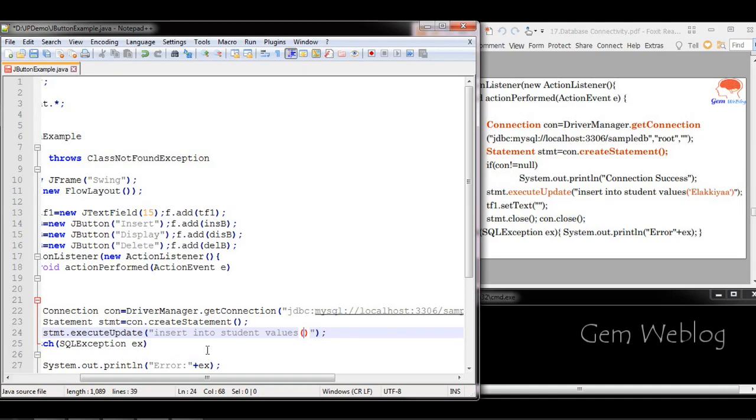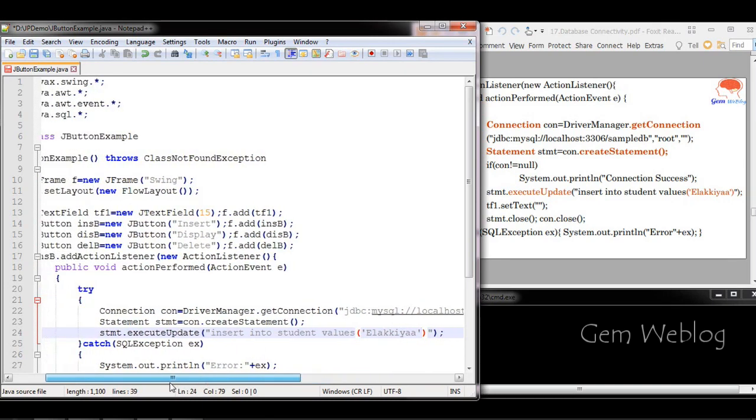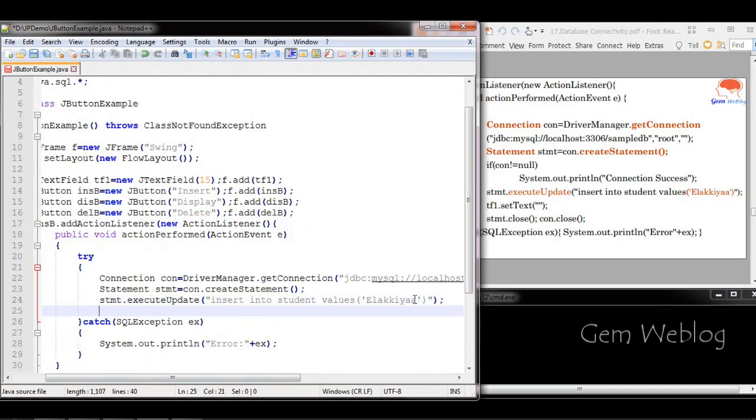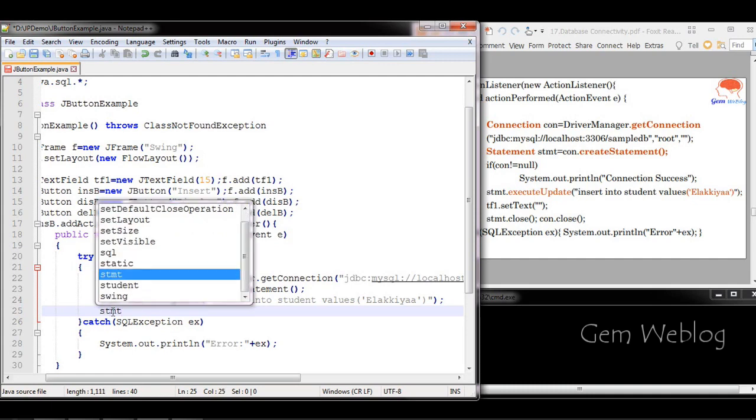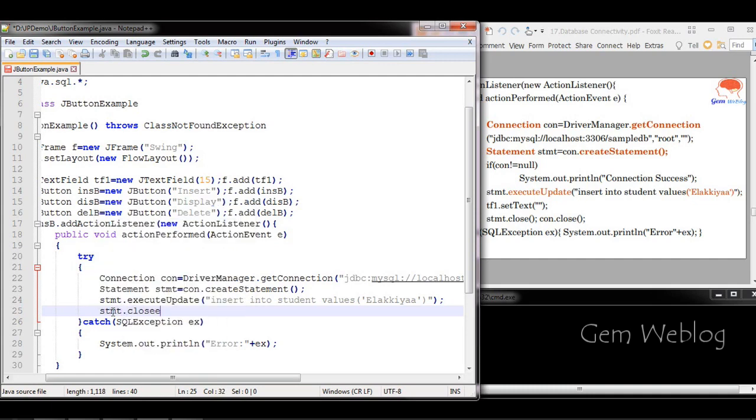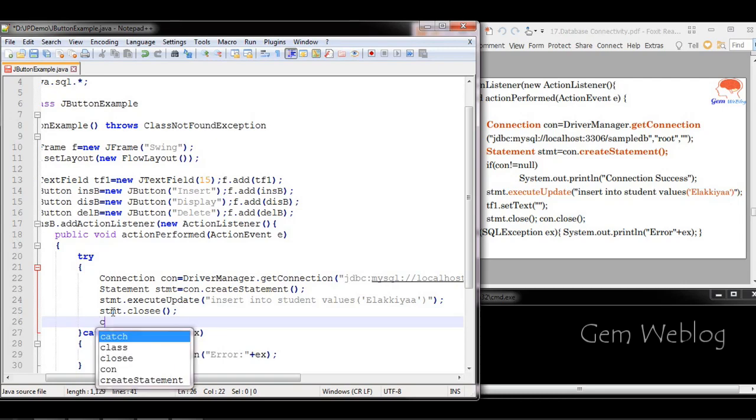If it is an integer, you give it directly. If it is a single character or string, you have to provide it within single quotes. Since it is a name, we are going to provide it within single quotes. So we have provided the value inside the parameters provided here. It will be inserted into the database whenever the insert button is clicked. Once it is over, we have to close all the objects that have been created. Statement dot close, then connection dot close.